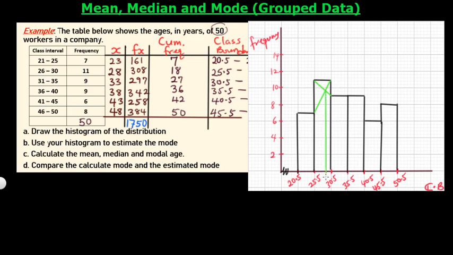So here now is where we have the mode. So if we are answering that now, the question says we should estimate the mode. B, we are estimating the mode from the class. Let's say estimated mode